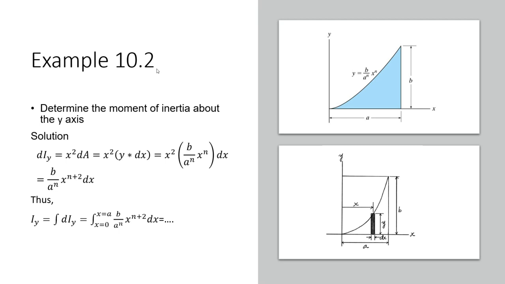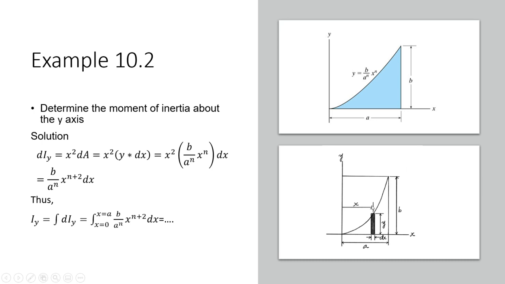So what you're going to be asked to do is to determine the moment of inertia of a power function, where the power is arbitrary, to the nth power, about the y-axis in this case. This is a really easy one because all that you have to do is create these little vertical rectangular infinitesimal areas. Remember that each of them will have a moment of inertia about the y-axis